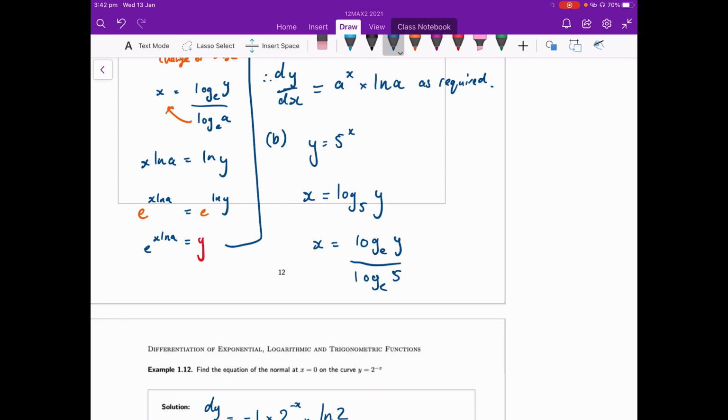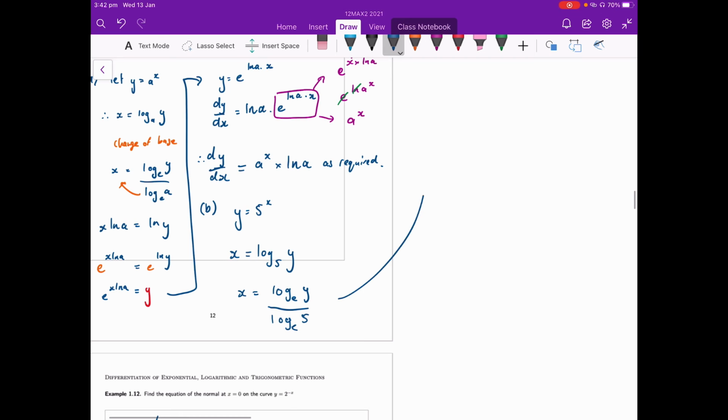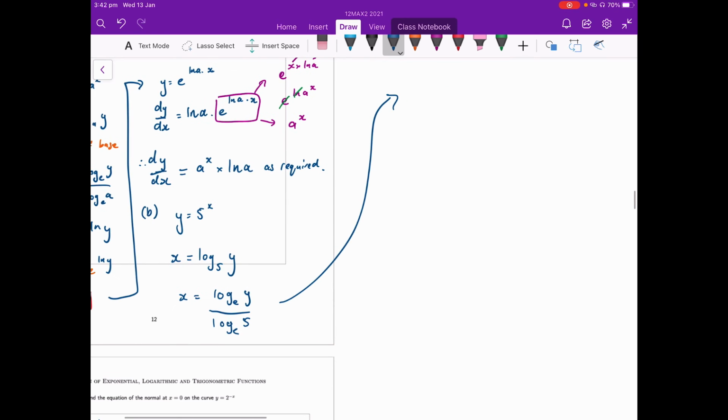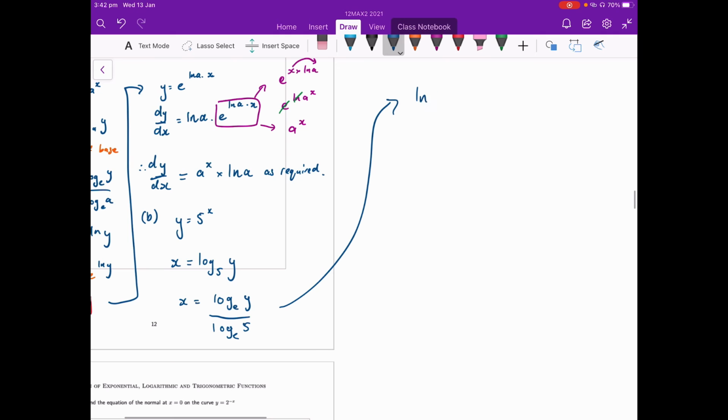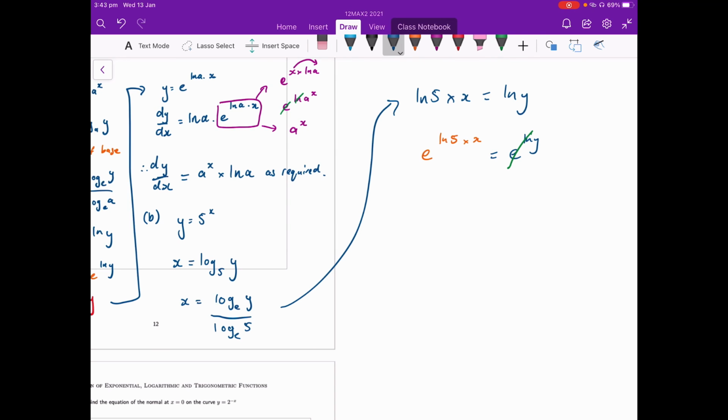All right, awesome. I'm going to do the same thing that I did before. Multiply both sides by that denominator, so I'll have ln 5 multiplied by x is equal to ln y. Take e to the power of both sides, so I get e to the ln 5 times x is equal to e to the ln y. The log and the e will cancel. I'm going to keep the left-hand side the same, so I'll have e to the ln 5 times x, where ln 5 is the coefficient of x in this example,